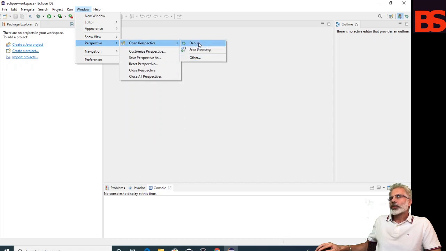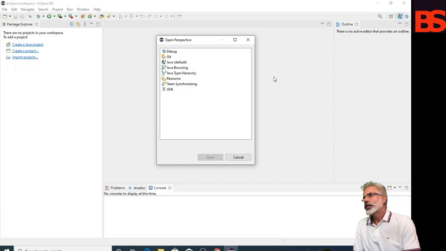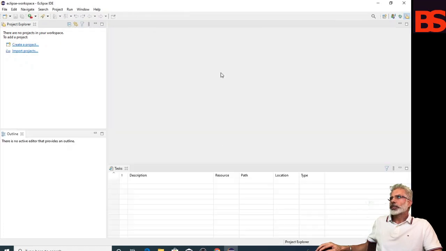These two perspectives are available in this list, otherwise you can click Other, and this dialog box shows the list of available perspectives. You can see Java is the default perspective. If you want to add more perspectives, click on the perspective and open. You can see the Resource perspective has been opened.